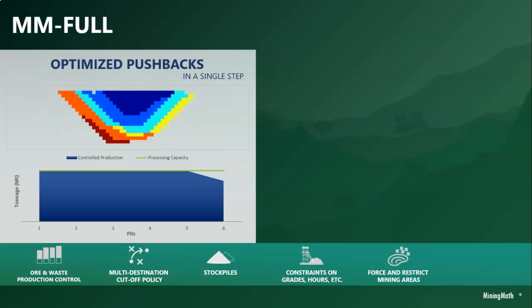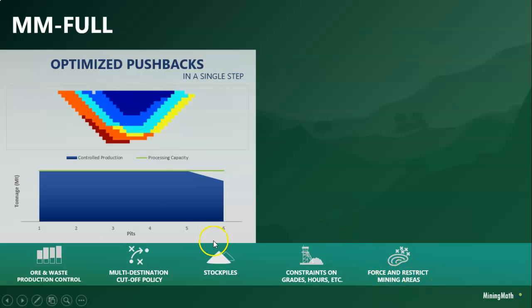The force mine will be, for example, if you want to make this area available fast. So we add a surface here, and it will be a priority in your project. So for example, if you want to make space to put a crusher, or if you want to reach a part of the ore body faster, you can use force mine.